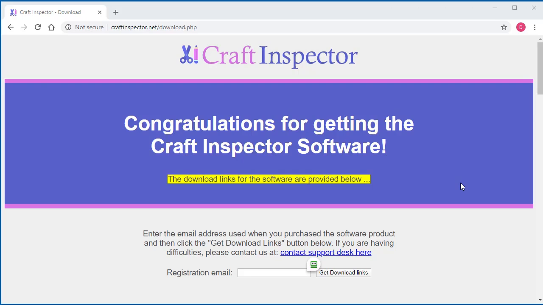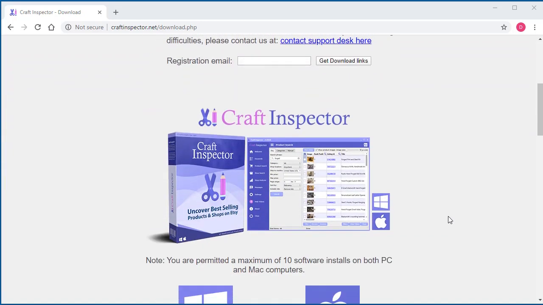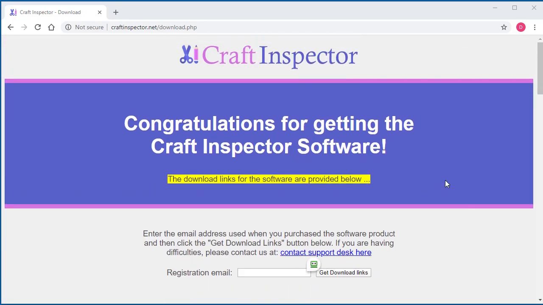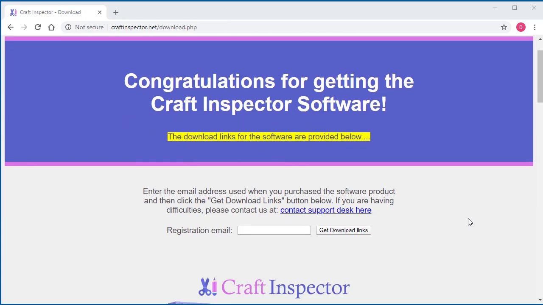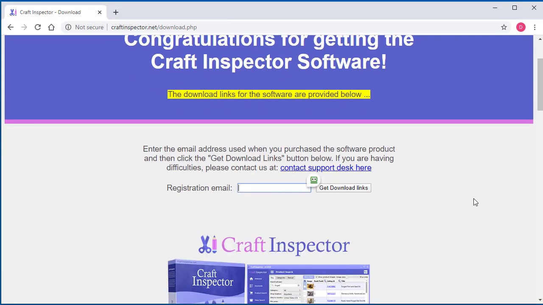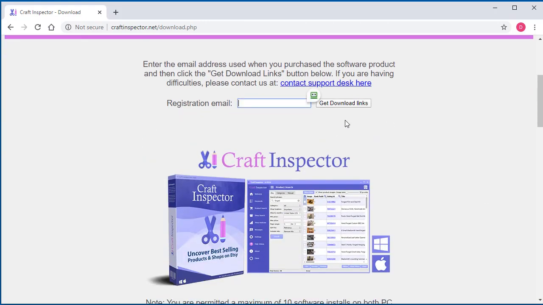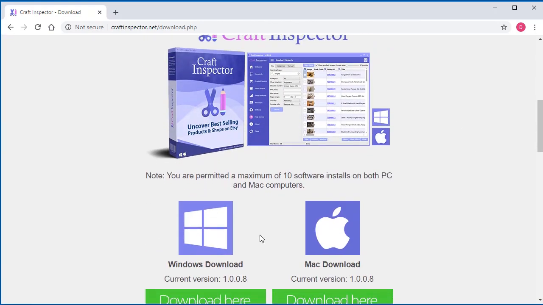In this video, I'm going to show you how to install the Craft Inspector software on your computer that's running a Windows operating system. So after you've purchased the software, you should be redirected to a page that looks something like this. And when you get here, you have to enter in the email that you used when you purchased the software. So after you do that, you click the button and you should be able to see the download